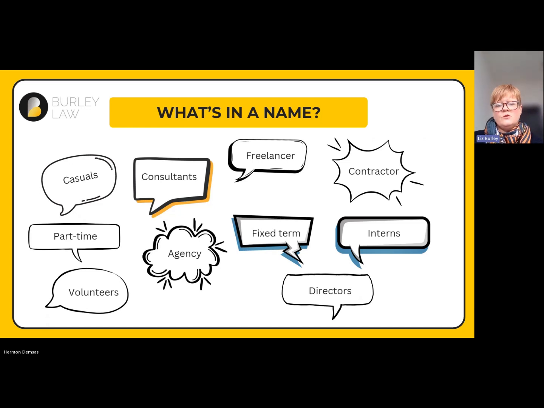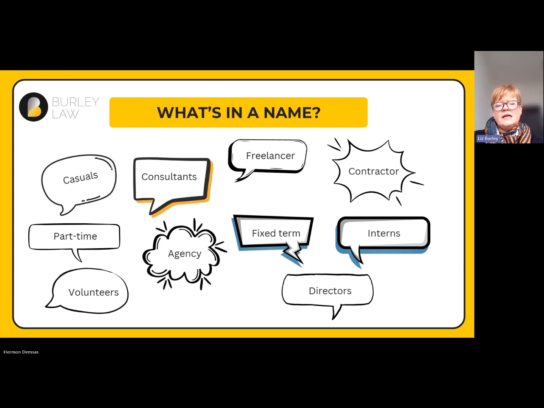I would say that if you're employing an intern for a fixed period of time, you're expecting them to work. You want to have that control over what they do, when they do it, how they do it. You want to train them. You're looking at them as a longer term hire. Then you would enter into a contract of employment with them, and that might be on a fixed term basis for a short term initially, and then you might have a succession of fixed term contracts as you grow that